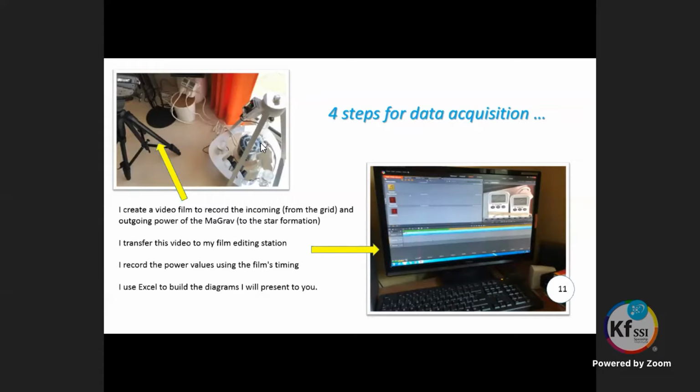Rick, just to answer your question, the Magrav has not been outside. There are some photos of Joel while he was working on him outside, but it was never running outside. And was it in the light in that picture that we see here? It seems like sunlight coming in on it. Yeah. So the window is open in the daytime, and then they close the blinds at nighttime. So there is direct sunlight on the unit. I see. Very good. Thank you.